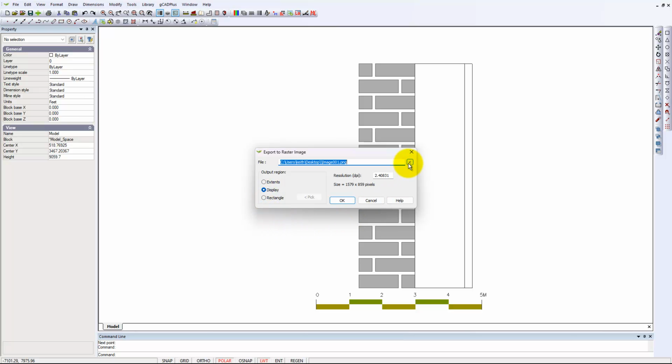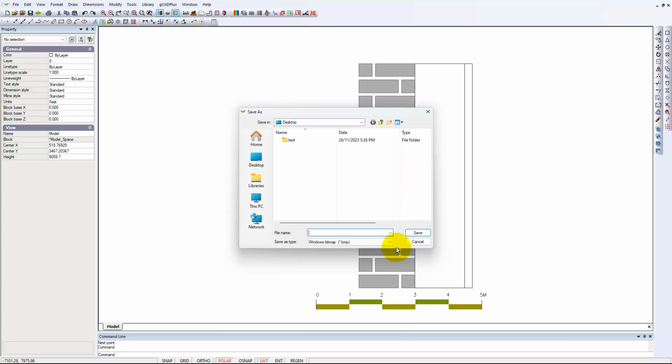But if you want to change the type of image, here's a drop-down list. You can use JPEG. We find that a JPEG image is the most useful, and we'll put it on the desktop, and we'll call this export raster,